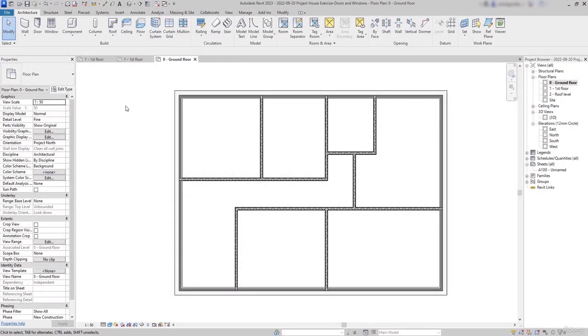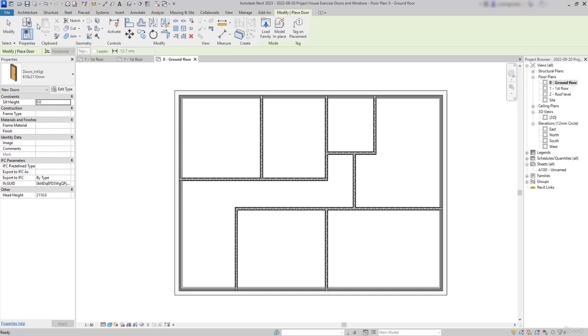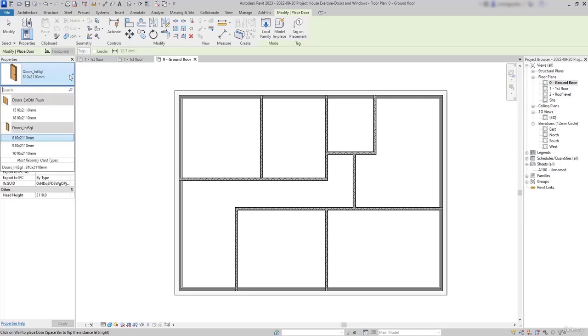In this video I will teach you to insert the doors in this project. After activating the command, I'm going to choose the type here. And you will notice that there are just few of them to choose from. But don't worry, because if you don't like the shape or these door sizes, there are many doors to download from the libraries. But anyway, at this moment, it's fine with what we've got here, so I'm going to pick